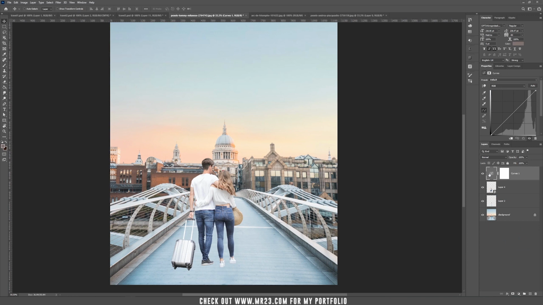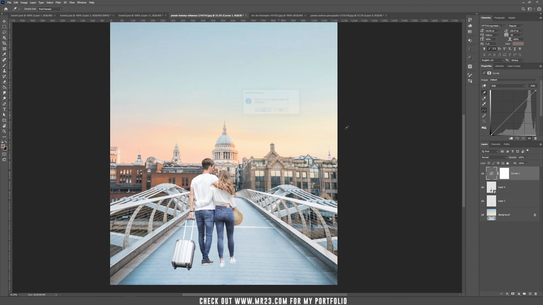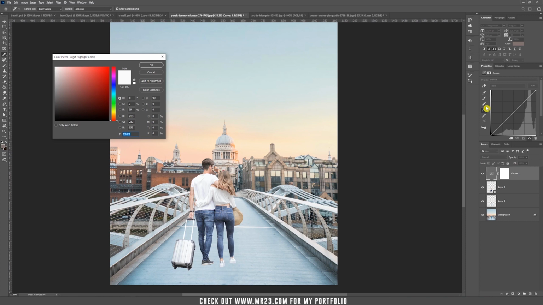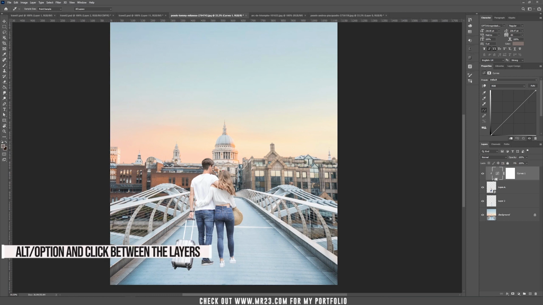Be sure that you have clicked on the layer thumbnail, not on the mask. Now double click on this black selection sample and choose the blackest point of your background image. I think it's this one. Choose OK, click yes, then double click on the white sample tool and choose the whitest color of your background image. I think this is it. Click OK, and then hold Alt or Option and click and place this adjustment layer inside your